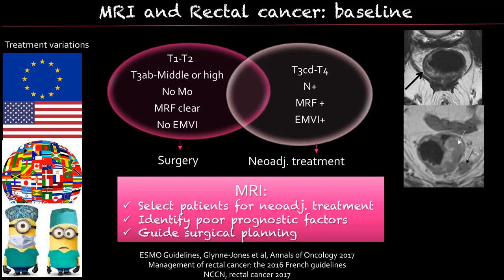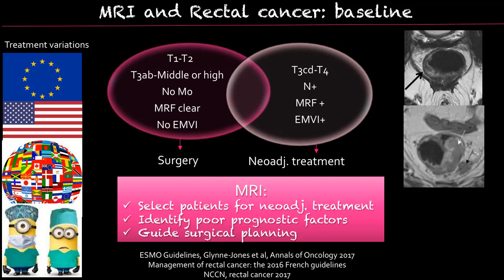However, very schematically, the good prognosis lesions, such as the T1, T2, or, for Europe, the middle or high T3AB without node, with a mesorectal fascia clear and without extramural vascular invasion, are usually referred for surgery. The T3CD and T4 with node positive, or with a mesorectal fascia involved, or with extramural vascular invasion, are referred